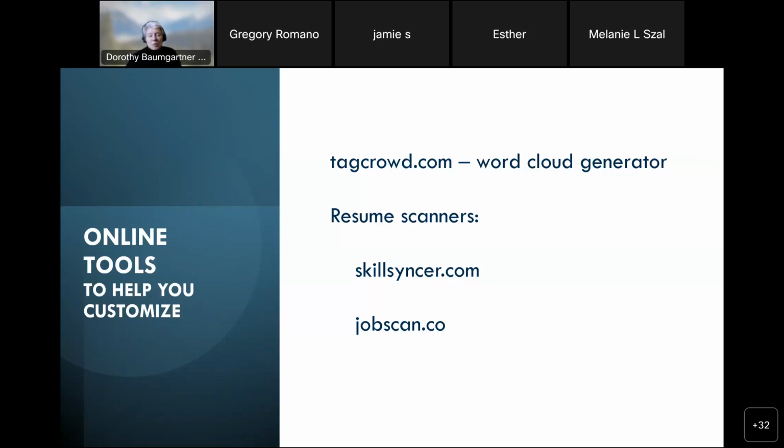JobScan is a subscription-based service, so they're eventually going to want you to pay, but I think you get 5 free scans before they ask you to do that. So you might want to save that one for when you've done it all and you want just one more run through for a job you really want. But to get back to your question,